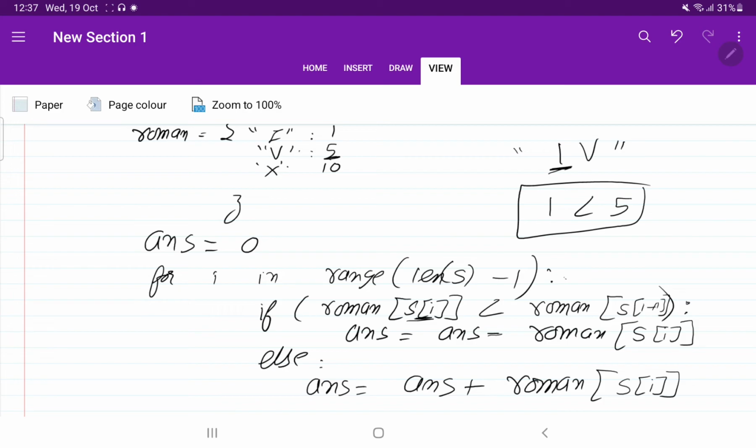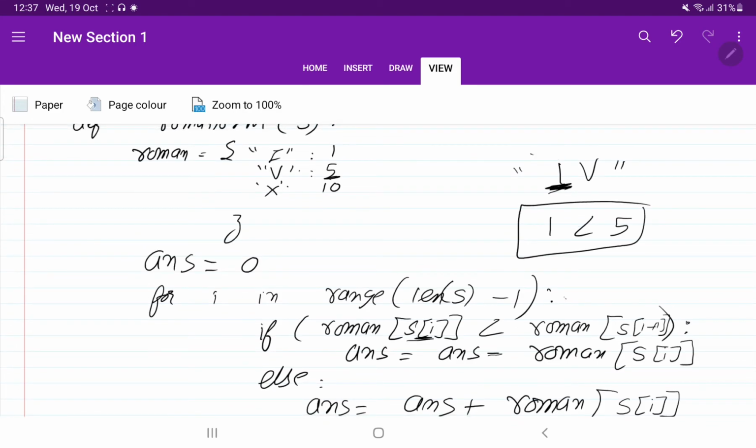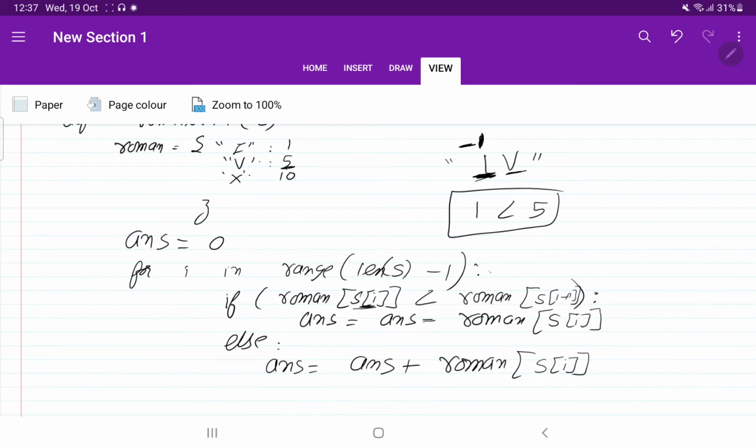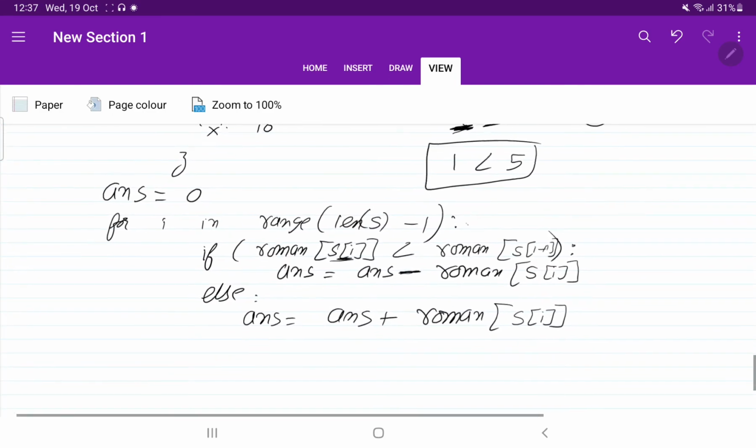So whenever we reach this point, I will reduce the value. Here it will be minus 1. Then whenever I reach the next value, it will be plus 5. Okay, so ultimately we are going to get the value 4 only. This is the way to write the code. So whenever it is small, do the minus, and whenever it is in the general trend, do the same thing that we were doing.